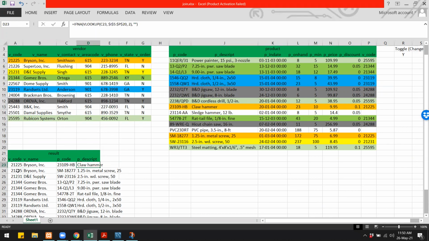Then 21225 has another product. So we have again vendor code, vendor name, right? Same vendor code, same vendor name. And this time the product code is SM18 and so on, right? And the description is metal screw. So that is how we will get the data from both the tables manually.